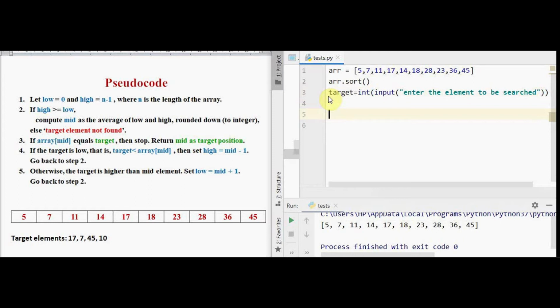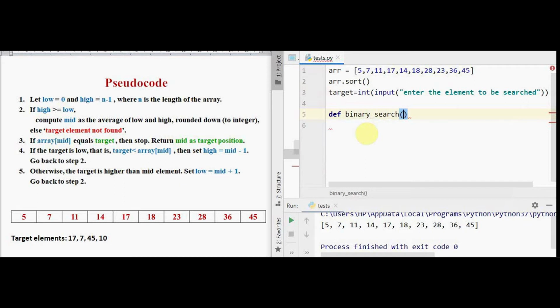I am using a function here to write the binary search algorithm. It's going to be a recursive function. A function calling itself is called as a recursive function. So whatever is present in the pseudocode is defined in this function now using this keyword def, and then the function name. I can use the function binary search, and we should know what are the parameters to be passed to this binary search algorithm.